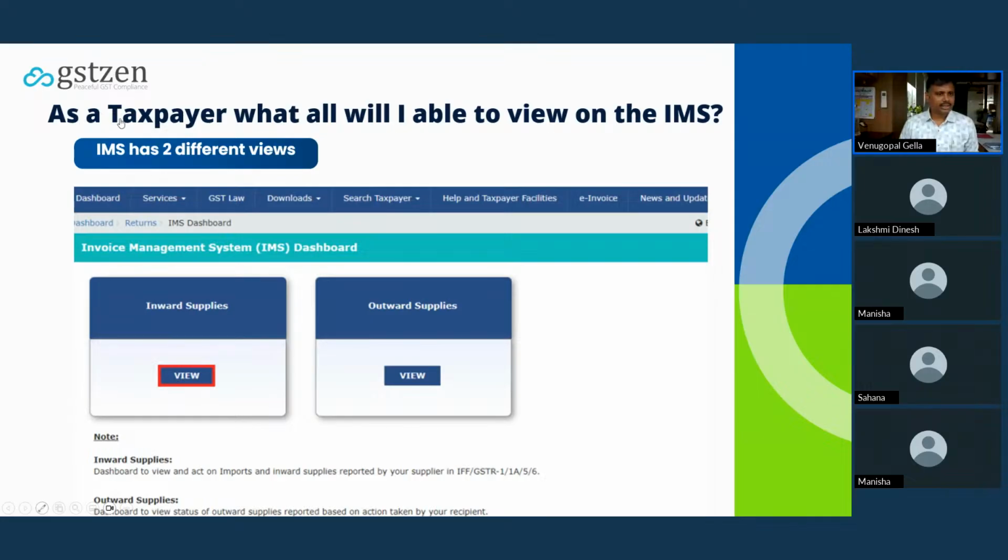Right. There seem to be no questions so far. Let's continue. Now, the IMS dashboard has two views, supplier view and recipient view. So when I say supplier, it is the outward view, and recipient is the inward view. Let's start with the inward view. In the inward